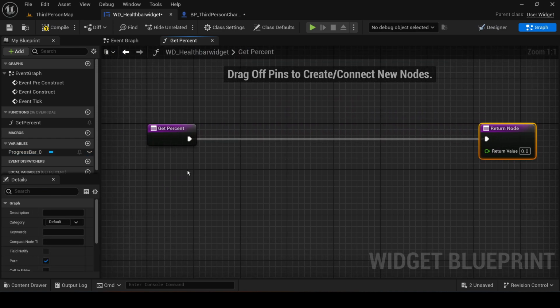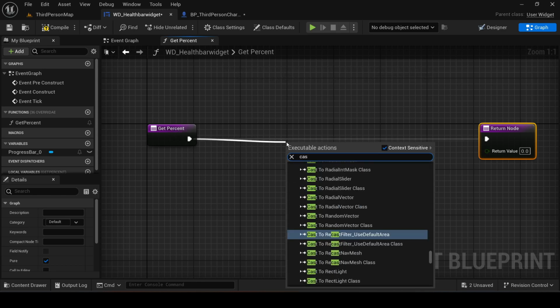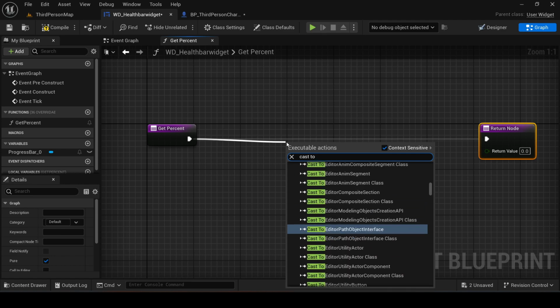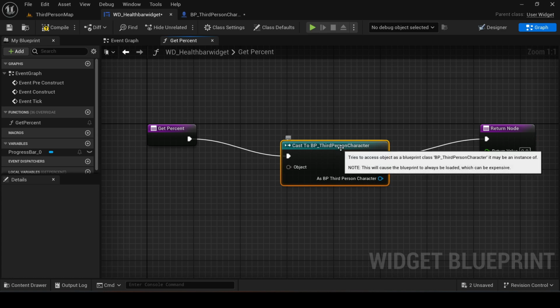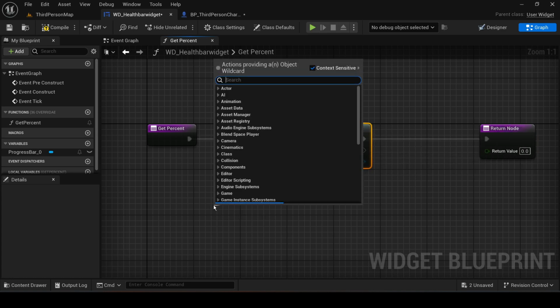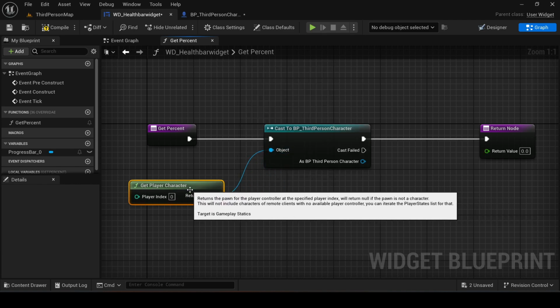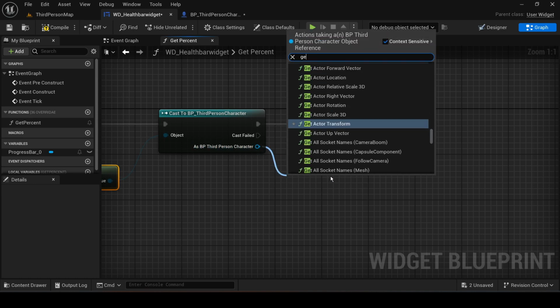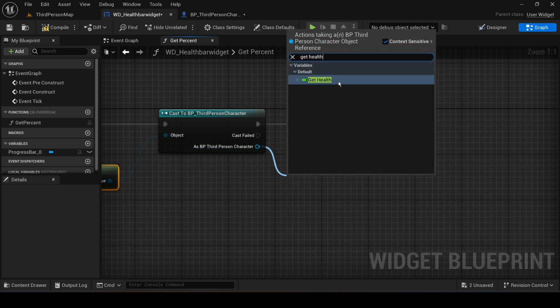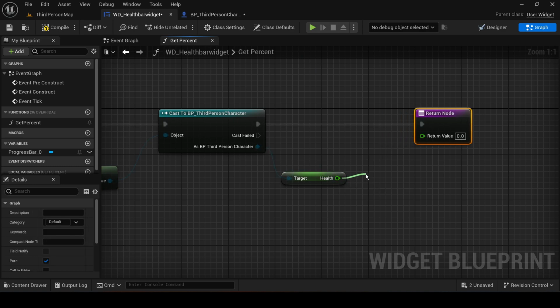So to do it easily, we're gonna use the casting. And you should know, interfaces are better to give better performance, but we're gonna simplify things and use casting. So what we're gonna do here is cast to BP third person character and do get player character, and as our third person character we're gonna get the health, and then we're gonna multiply it